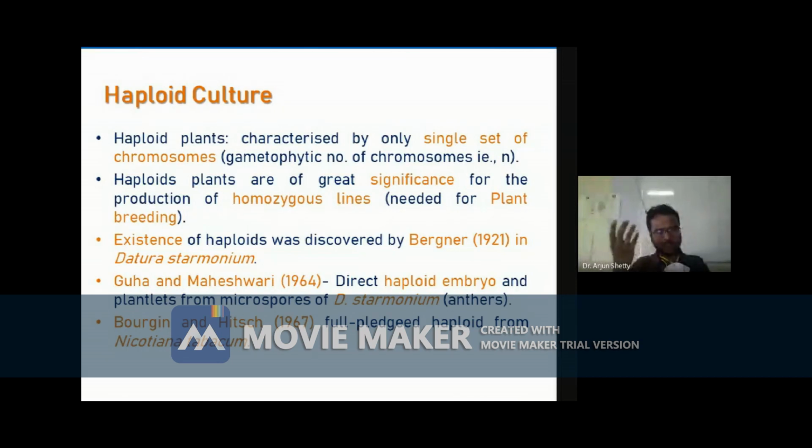The same thing happens in the megasporangium. There we are going to see the megaspores. Usually these microspores are nourished by the tapetum, right? This tapetum is a nutritional layer which is present in the innermost wall of this